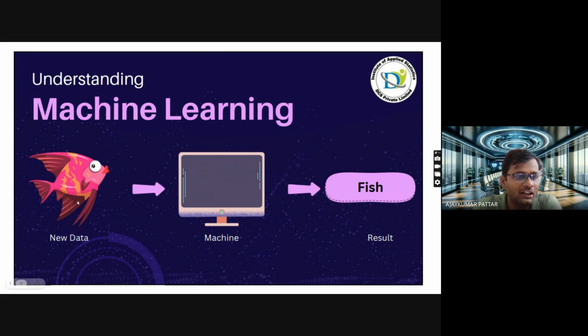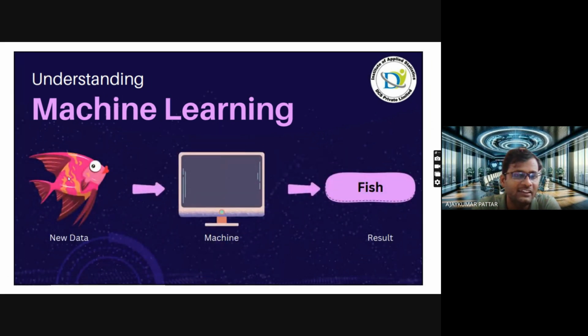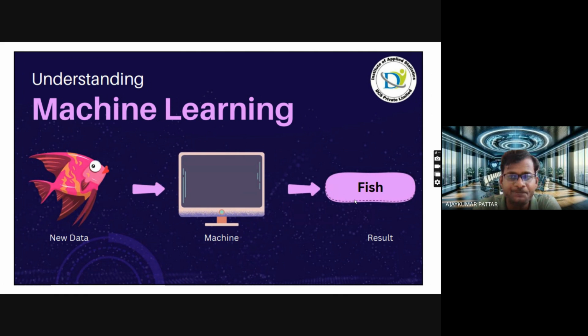The machine also recognizes the pattern of this data, and even though we have not given this image to the machine, it understands that this image is a fish. Like human intelligence, nowadays machines are identifying the common pathways or relations between the data, and they make some common characteristic or label, even if they are more complex.